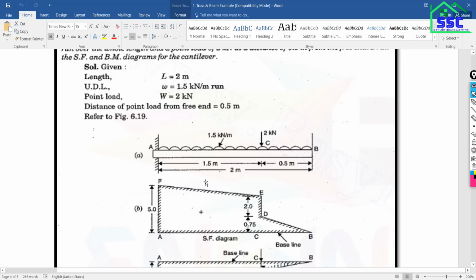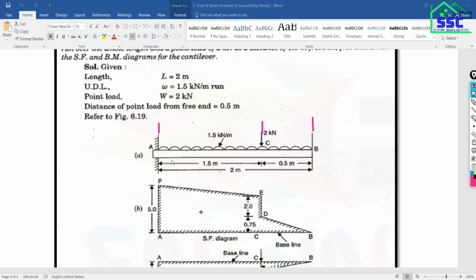Okay, so we actually want three grids in plan. See, this is the first grid, this the second, and this the third. The distance between the first two grids is 1.5 and between the last two grids is 0.5.